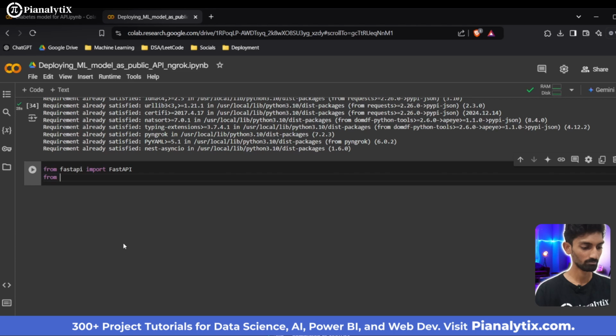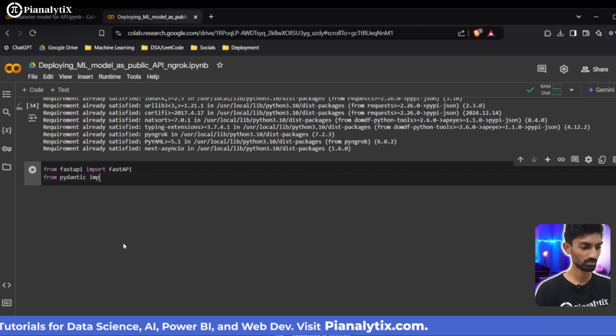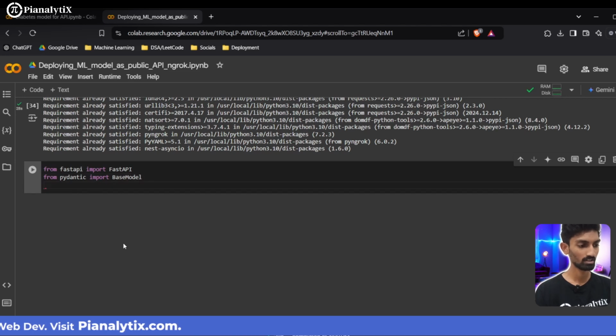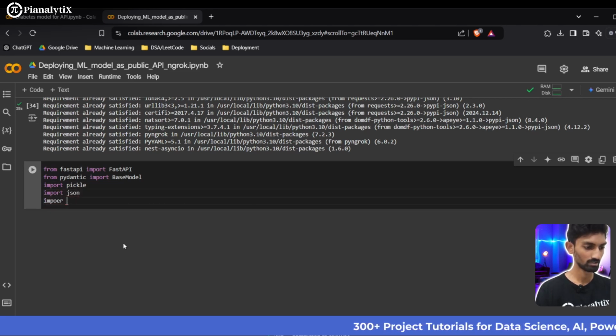So now from pydantic import BaseModel. Okay, then we will import pickle, then we will import json, then we will import